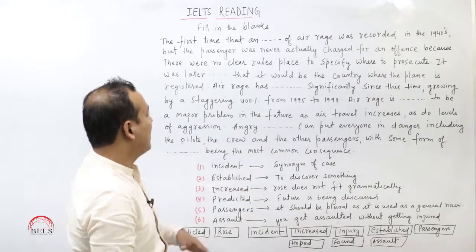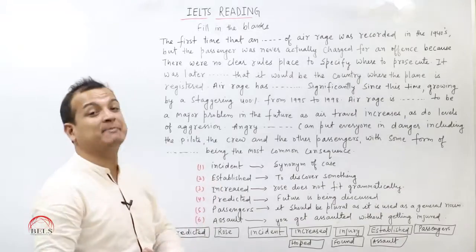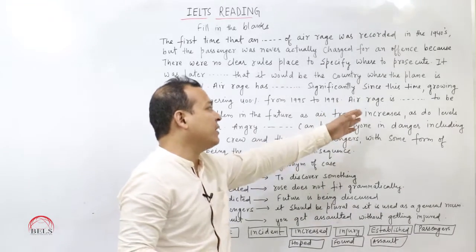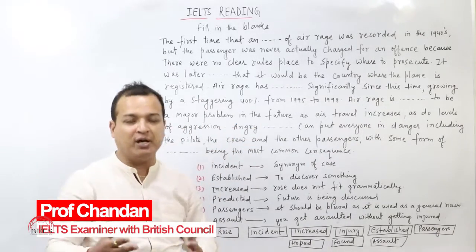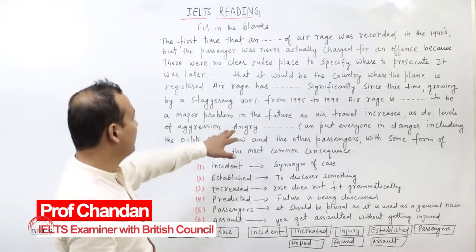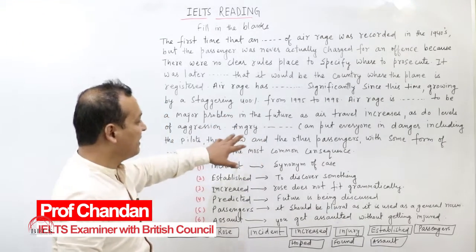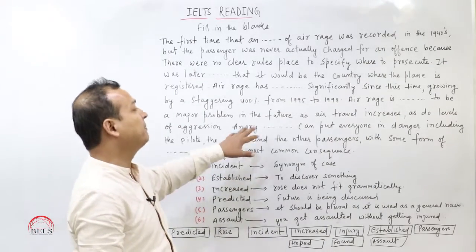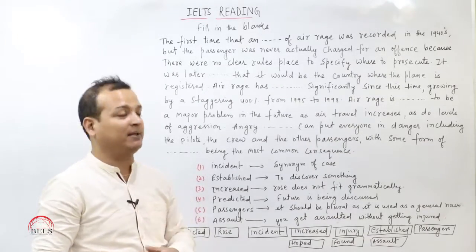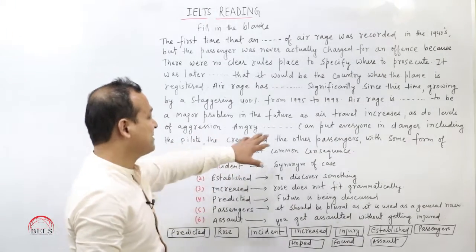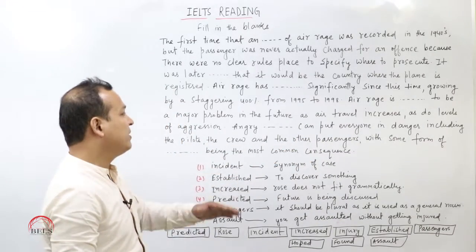Fourth answer is air rage is predicted, because we are talking about the future. The future is being discussed. That's the reason air rage is predicted to be a major problem in the future. We are talking about the future, so we have to use predicted. Next word, angry passengers. Right, because it should be plural. If you use it as singular, you have to use an article before it. So that's the reason we have used angry passengers can put everyone in danger, including the pilots, the crew, and the other passengers, with some form of